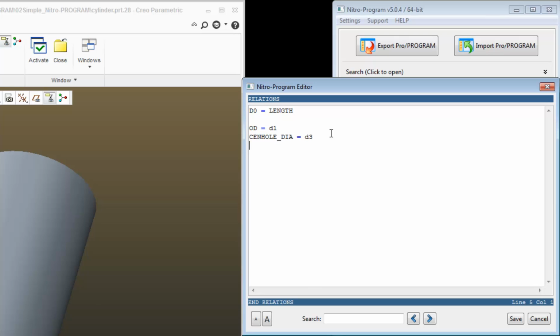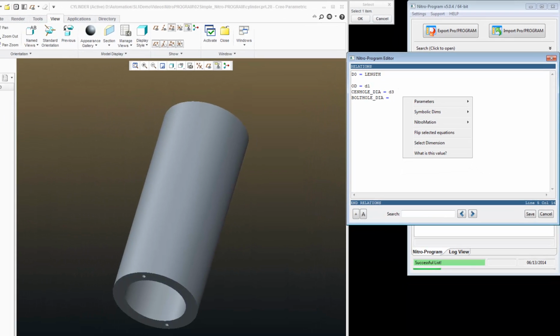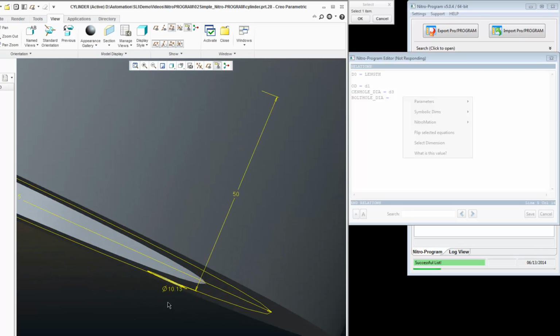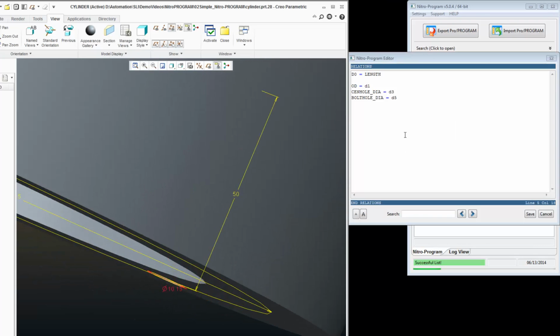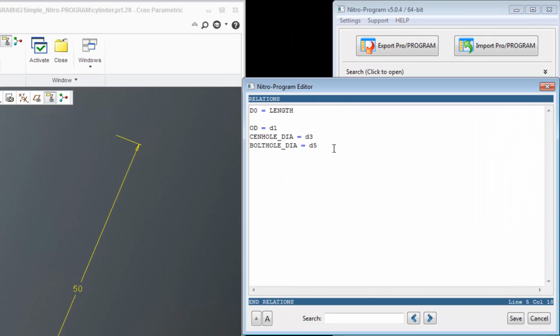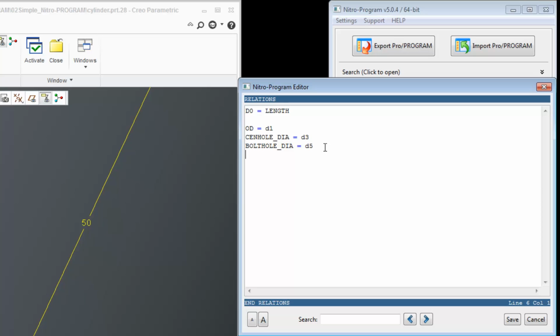And this time I'm going to do the bolt hole underscore diameter is equal to select dimension, zoom in here, grab the 10.13, which is symbol D5, go to the next line, and this time I'm going to type in bolt